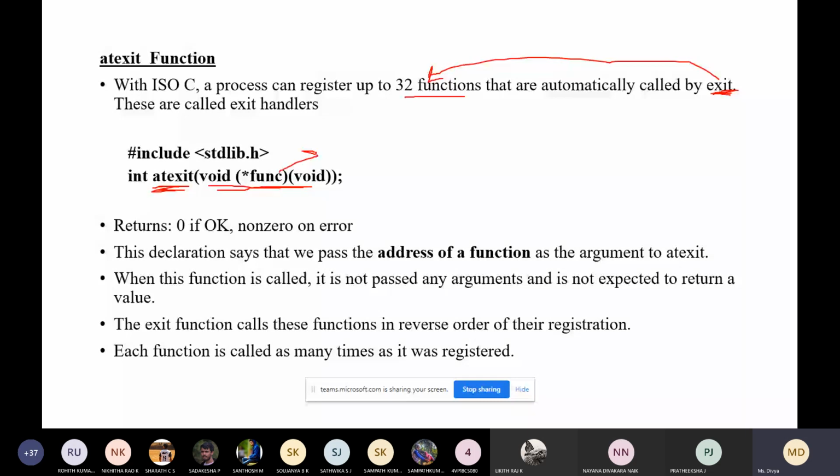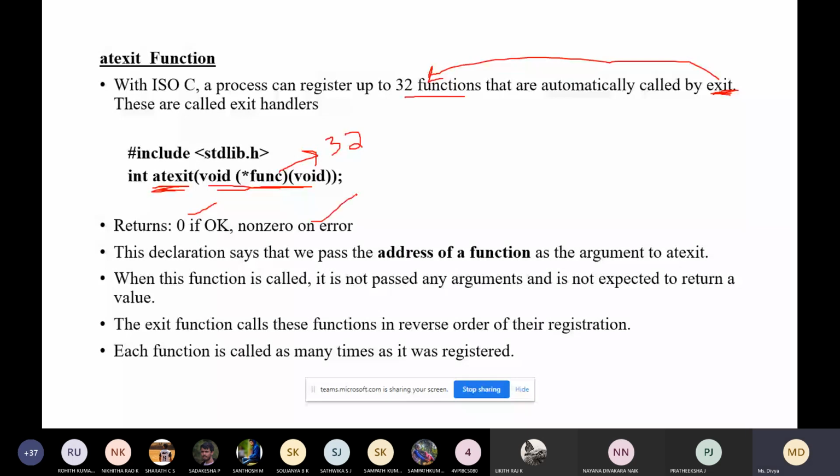You can use any of the 32 function names. So these are called exit handlers. I'll show you an example later. It returns 0 if everything is okay. If we are able to register any of the 32 functions, it will return 0, otherwise it will return a non-zero value.